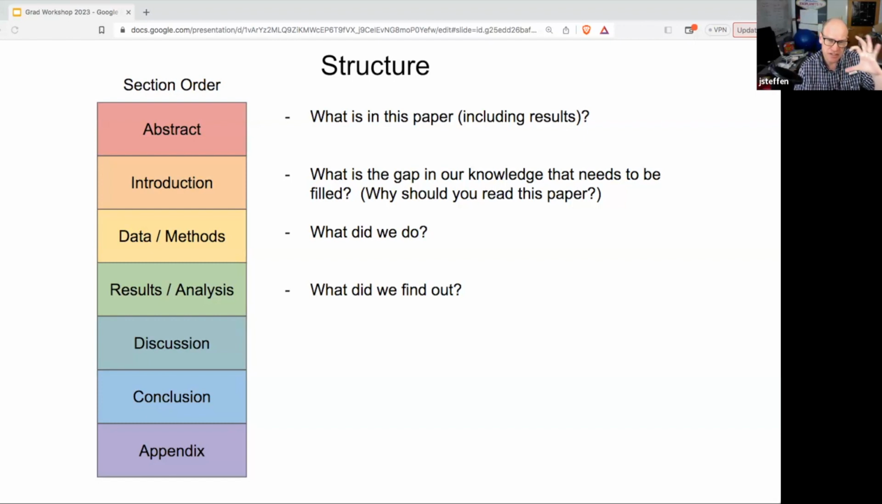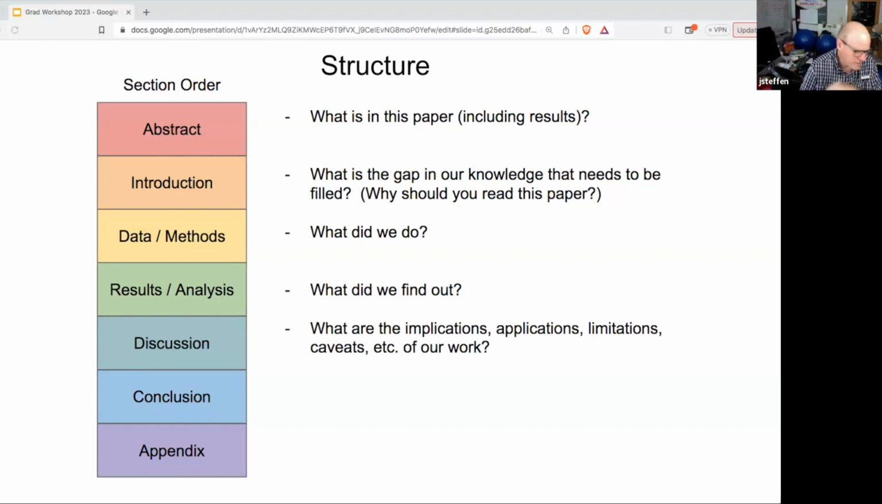Like, what is the big figure? What is the money shot that shows here is the most important result that we got from our study? After that, I usually go into, so most of my work is theoretical or data analysis. And so I usually go into